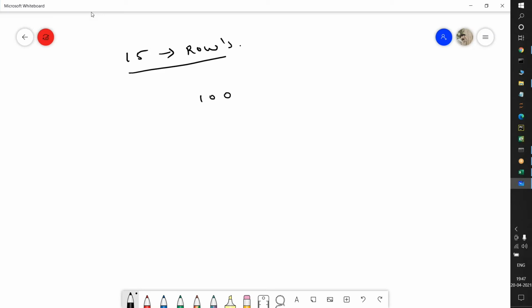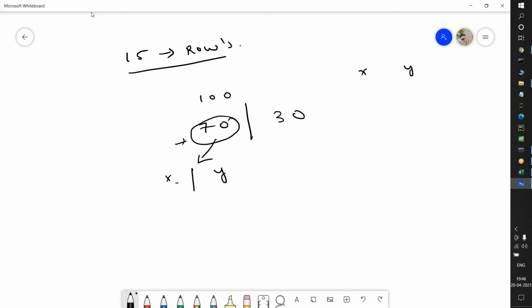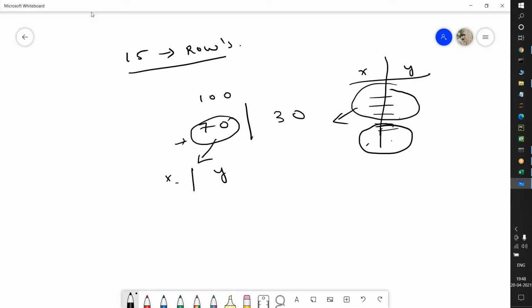Suppose I have 100 rows of x and y, I take 70 rows, and the remaining 30 rows. 70 plus 30 is 100.